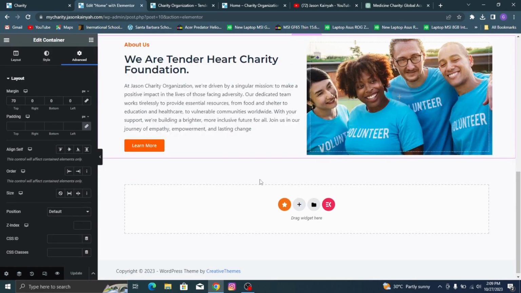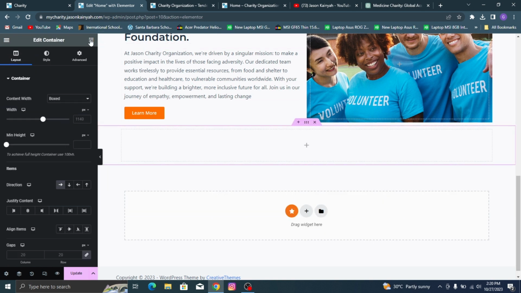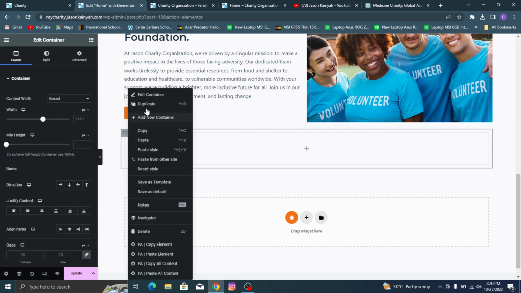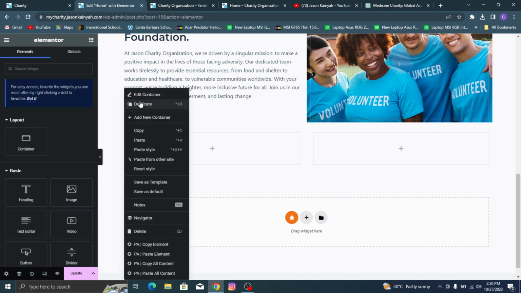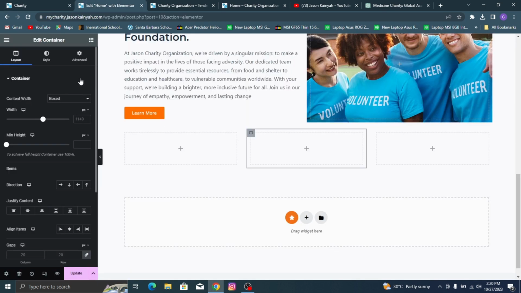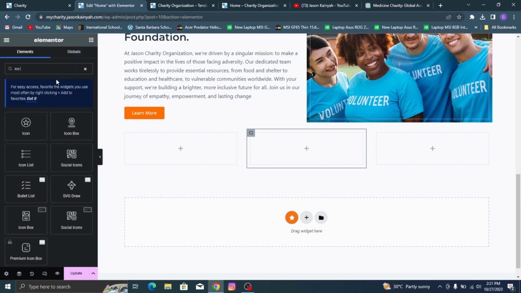So to create this block, select the horizontal container over here, then click on this to view all the elements, then drag in one container, duplicate it, and then duplicate it again to get 3, because there are 3, and then go back, click on this to view all elements again, type in icon